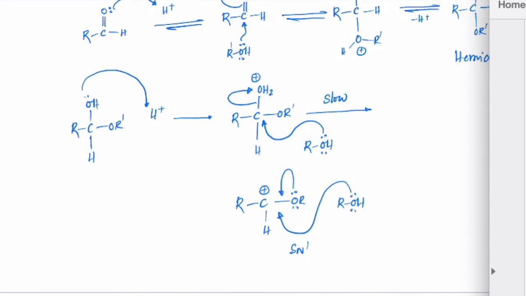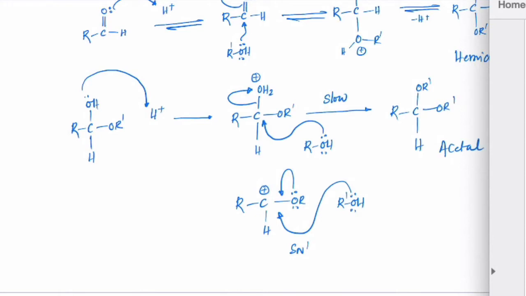I hope all of you understood that. But if you see this R, in case this is CH3, the crowding would be less. If this R is also CH3 and the crowding is less, it can go through SN2 also, but compared to SN1 and SN2, SN1 would be relatively better, because it can achieve octet stability with the lone pair of oxygen here. And what we get here is C, OR dash, OR dash and H. So this is the product you will get. It's nothing but acetal formation.